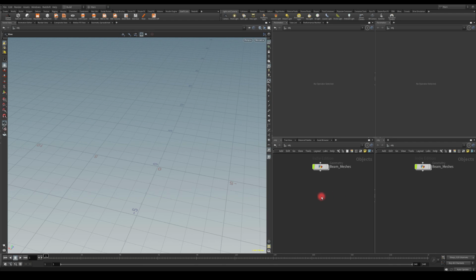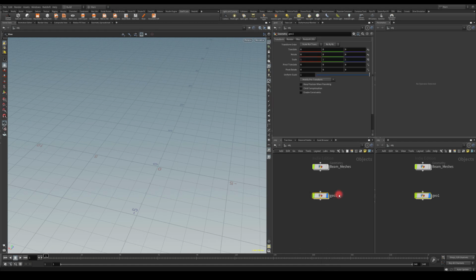Now in Houdini, I'm just going to press tab. I'm going to start typing geo and get this geometry node. This will be our container for the cylinder and plane